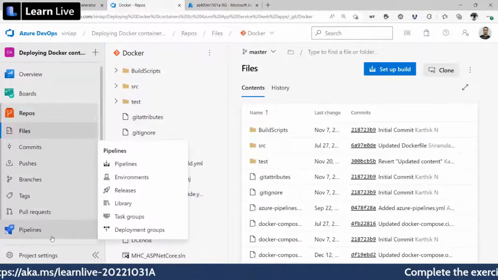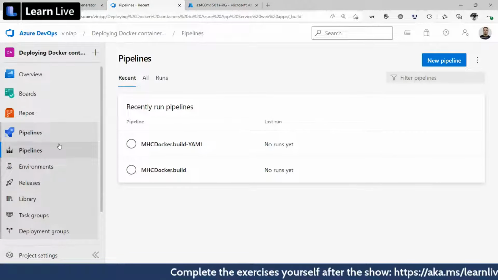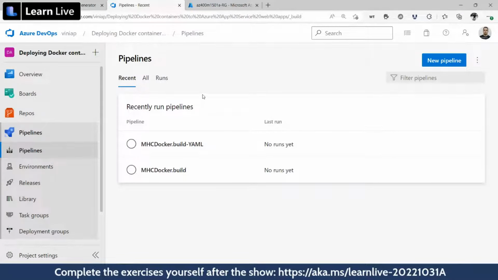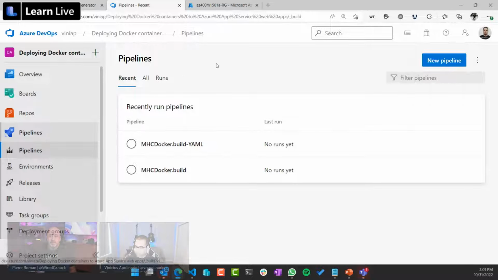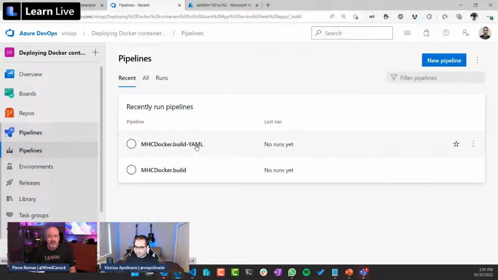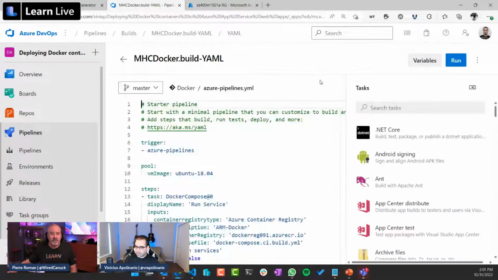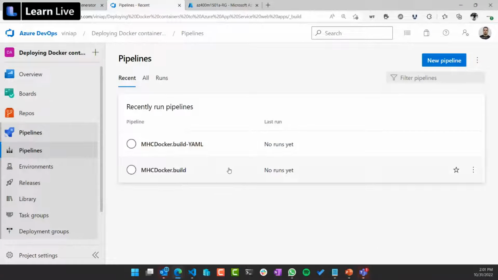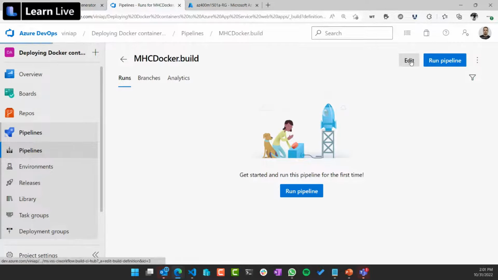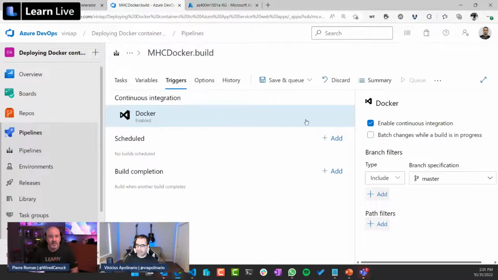Because what I wanted to show you here is that because this came pre-configured, it already pre-configured the pipeline, right? What I wanted to show here is that, let's see, where is this one? Edit. No, it's not this one. There's something I wanted to show here. Yep, there you go. So what I wanted to show here is the trigger for this pipeline, which is the